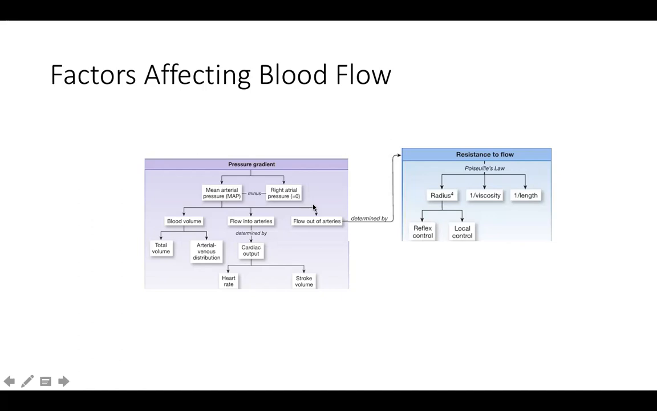The other thing that affects mean arterial pressure is the flow out of the arteries, which is generally determined by the resistance in the arterioles. And we talked about how the resistance to flow in the arterioles is determined by Poiseuille's law. The length is not going to change in a normal setting. The viscosity of the blood is not going to change in a normal setting. The only thing that will change is the radius of the arteriole. That change can come from the sympathetic nervous system, so a reflex control with adrenaline and noradrenaline,